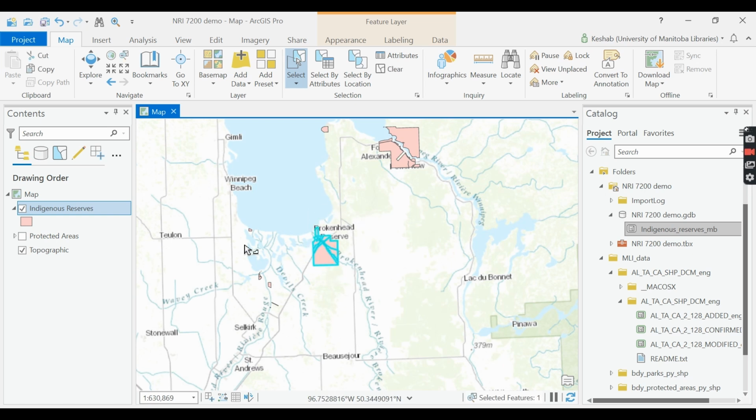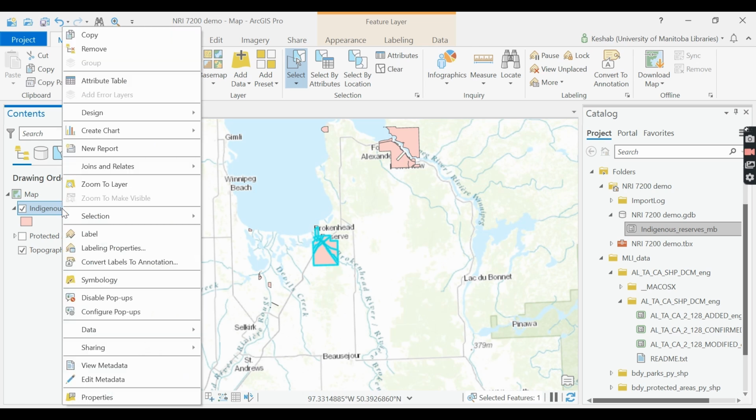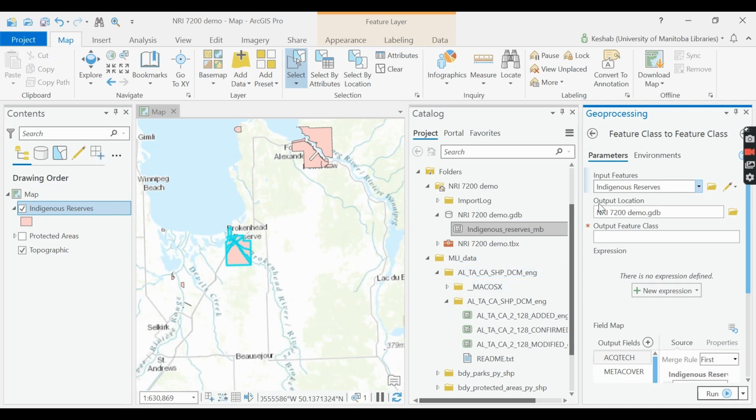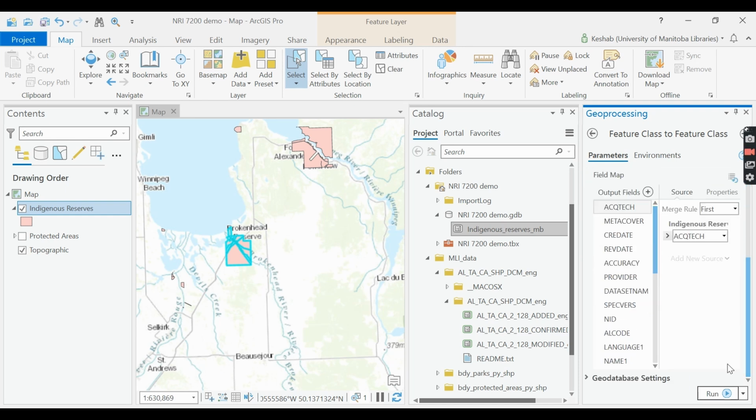This is selected, and then right click, data, export feature. We can export here, or